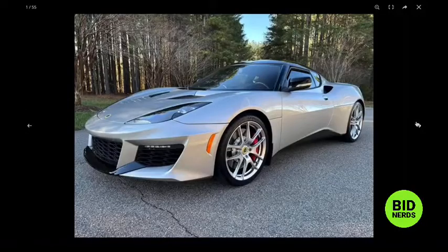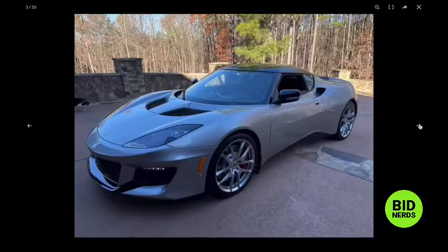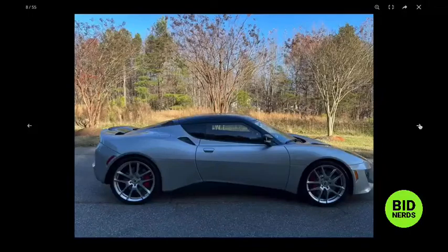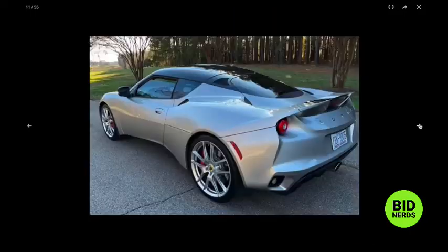There's plenty of these cars out there. They're not a huge commercial success, so if you want one, you can find one. This car has 8,000 miles on it, and as such, it's anybody's guess as to how well used Lotuses are holding their value. I can't imagine the warranty on a 2017 while we're in 2021 is going to last much